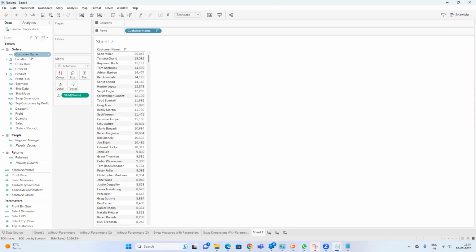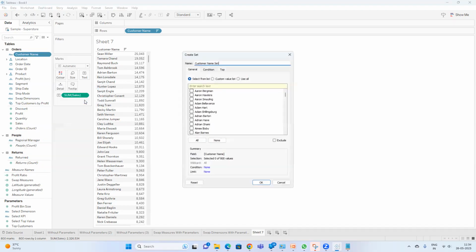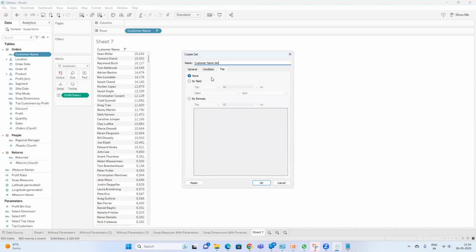So the process to create a set is to right click on the customer, go to create and click on set. Go to top and click on by field and select 5. Now I'll show you just the static value. Later I will create the parameter and show it to you. First of all, I'm creating for top 5, so I'll rename this as top 5 set